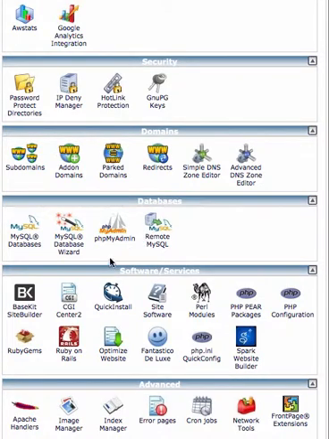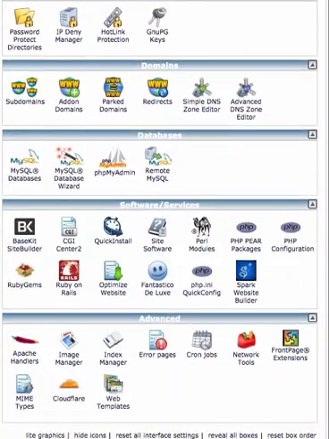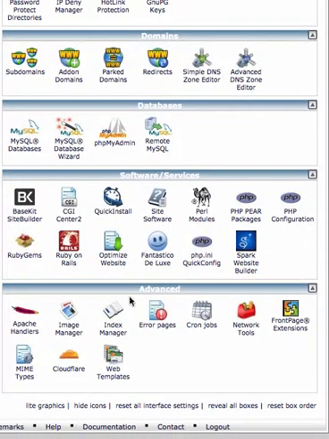Now here are the basic software services, where you can install WordPress, PHP and all the common web software. And similar applies, but at an advanced level, for web, like MIME types and web templates. Error pages, and cron jobs, with which one can set a time for performing a specific task and it will be done automatically.